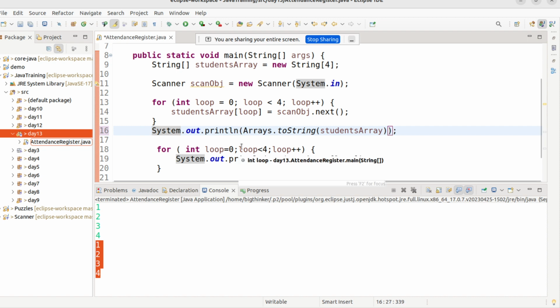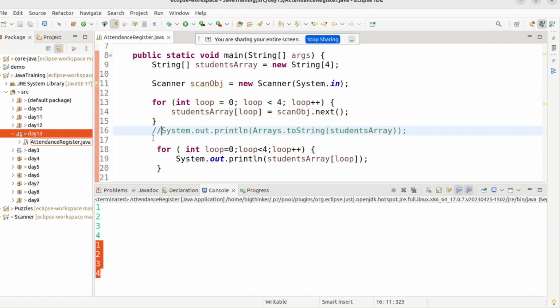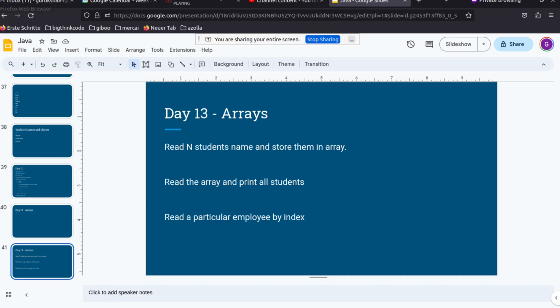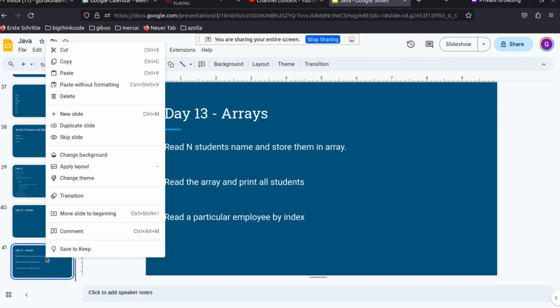Okay. So let's try out a program. Once you do hands-on, you will get a better idea. So you can open up your Eclipse. The program you can try out is